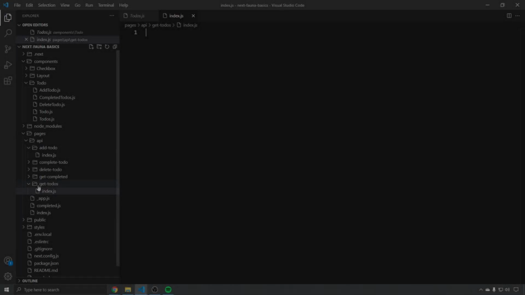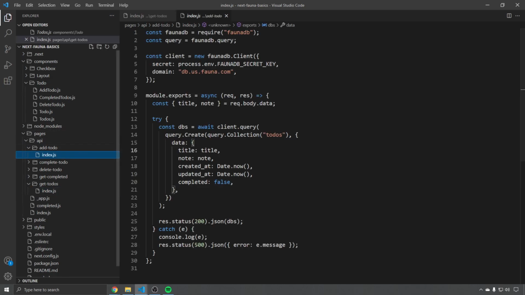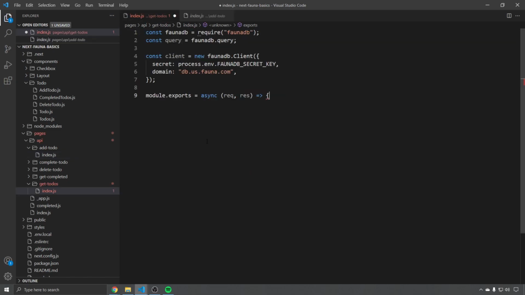So we're now inside the Get To-Dos API, and we're going to make an API very similar to the one that we just made. So if we go here, to speed up a bit of time, we'll take the first top section and drop that in our query, and then close out our API request. So then we can do try, just as we did similarly, and then do const dbs equals await client.query. So we're going to make another query using our client here. And then we're going to use query